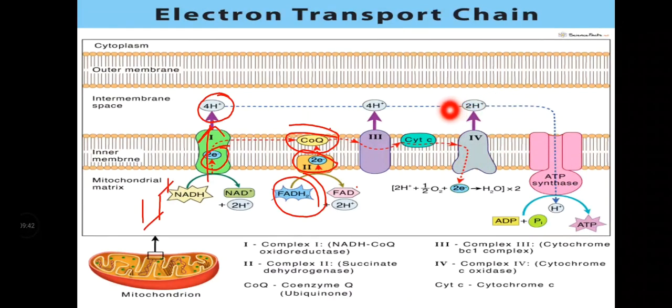As there is an accumulation here, you create a proton motive force. So since the gradient has been created, the protons have to come back, and as they pass through this channel here,